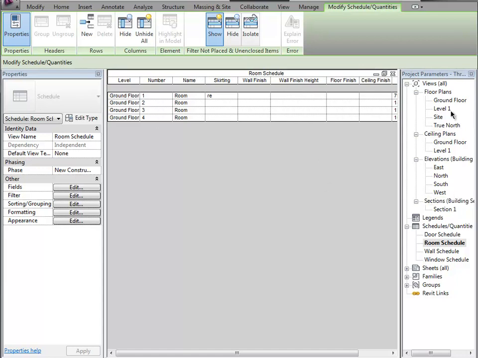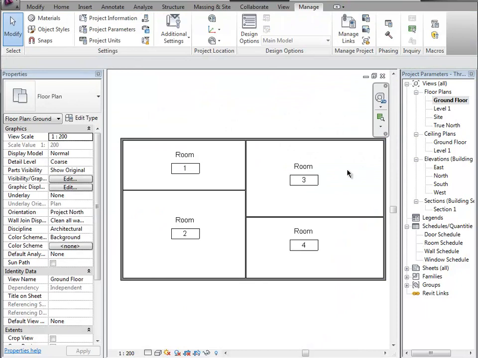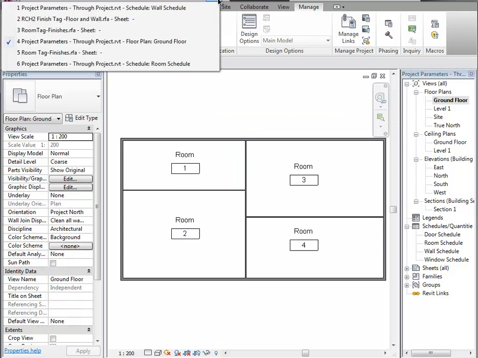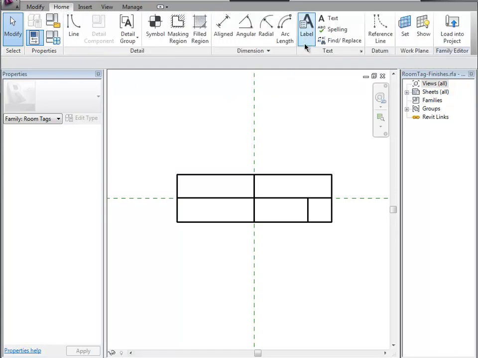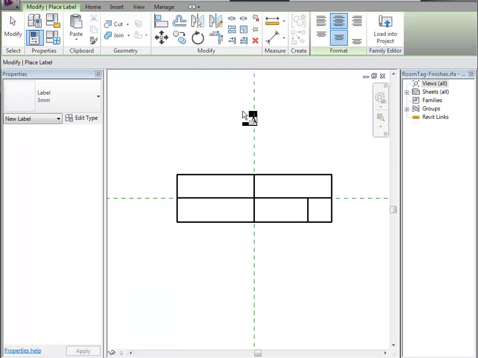Now what we need to do next is include that in our room tag. I'm going to go into the room tag that I've opened. So this is the room tag finishes. I'll select that, and here I need to create a new label. Go to the Home tab, Labels. I'm just going to click anywhere in a window,